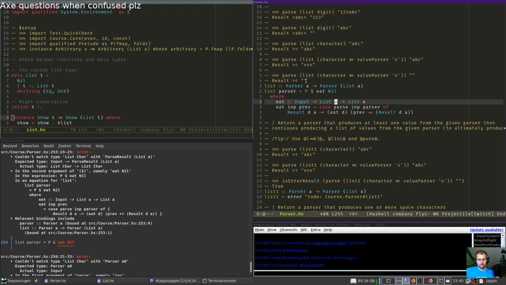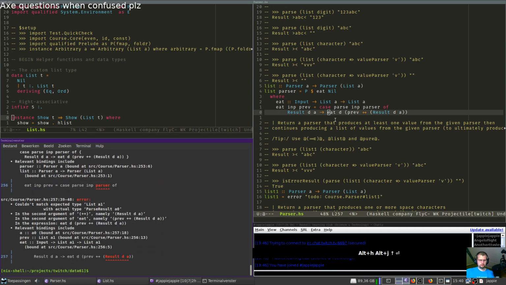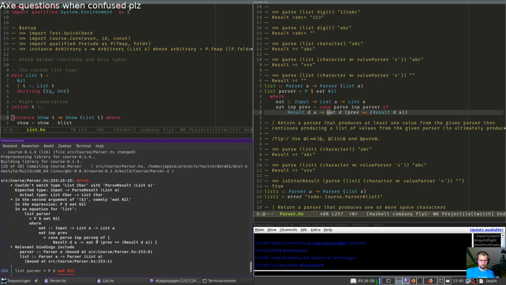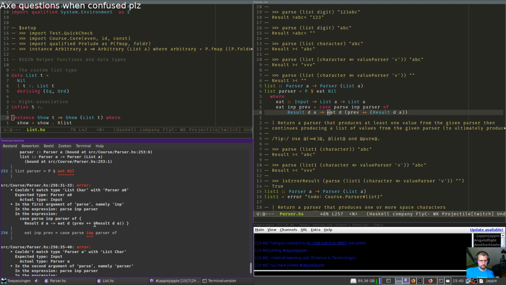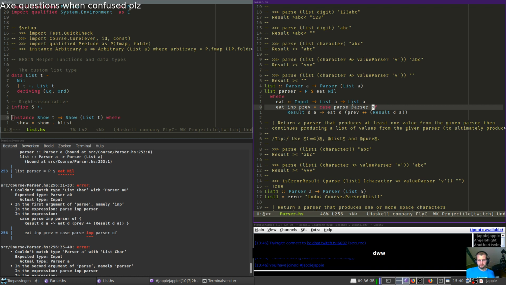Need scoped type variables. The only way. Did I make it up here? Why did you even add the parentheses? Right, keep flipping these. Parse.